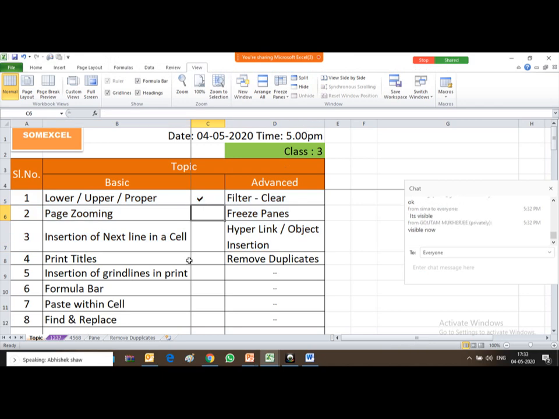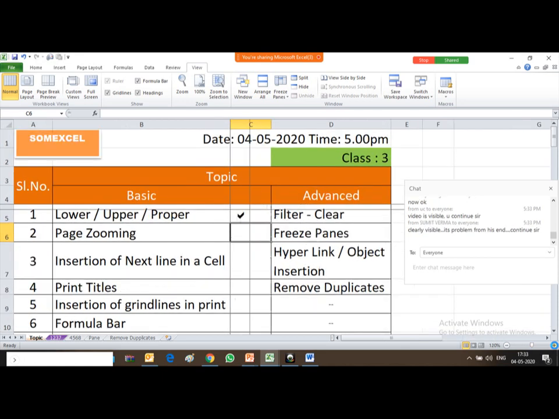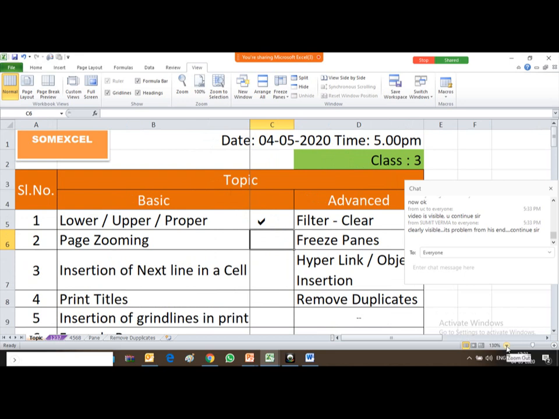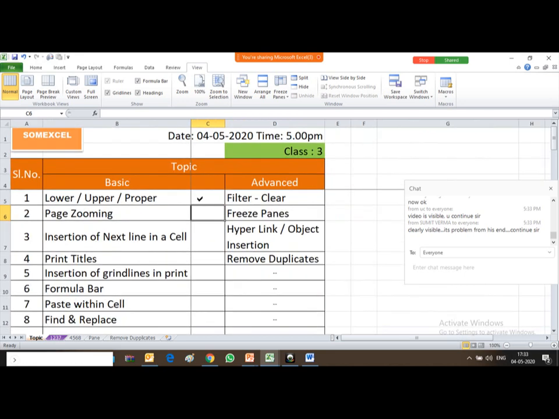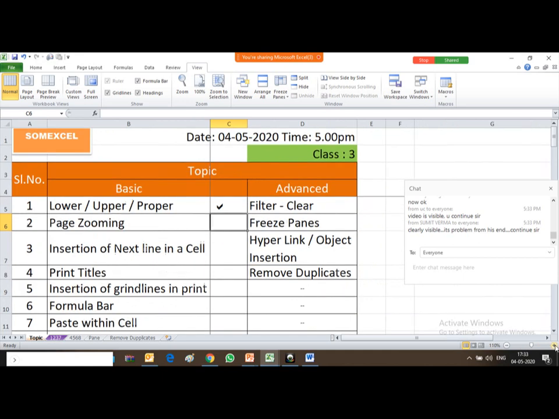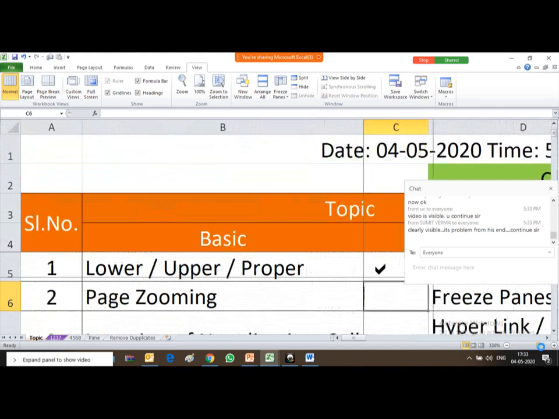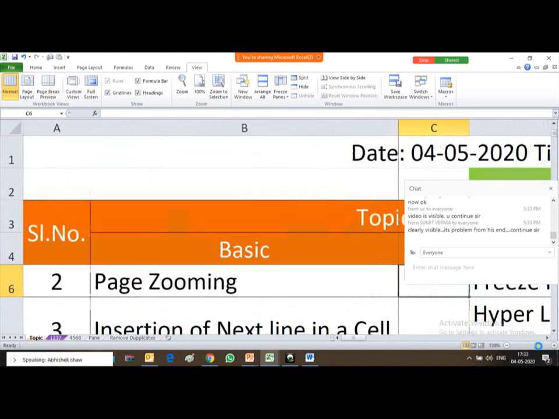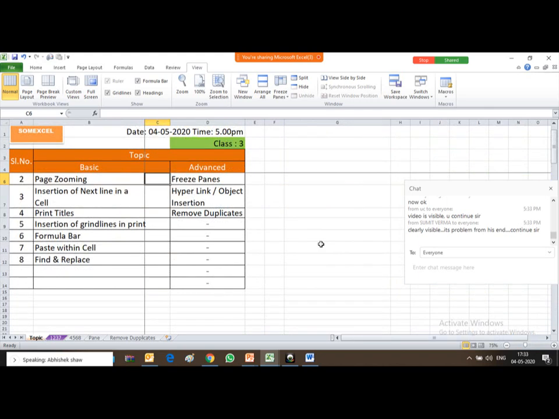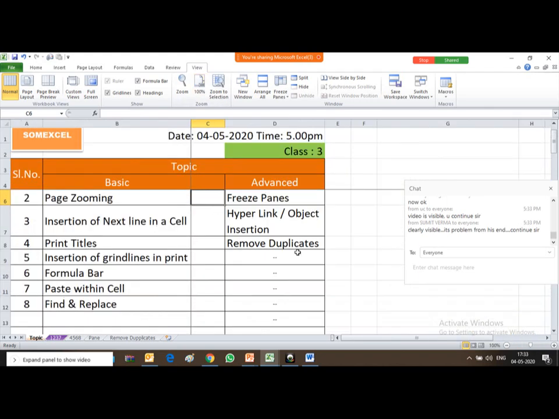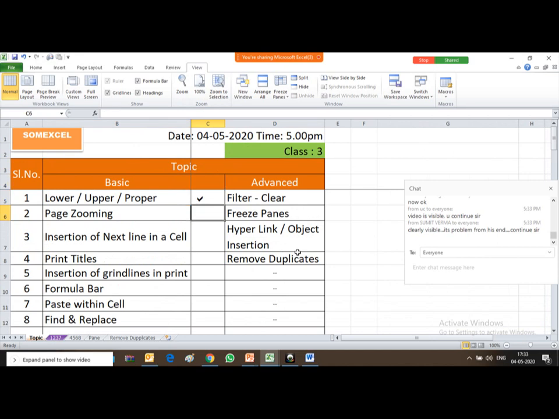There are also shortcut keys available at the bottom right side of your Excel sheet, where you can increase the zoom percentage. So zoom in, zoom out is there. You just click on plus or click on minus, and it will zoom in or zoom out. Or you can drag this slider from lower to higher, so you can zoom your screen like that. It's a very simple function, friends. So we are covering this also.